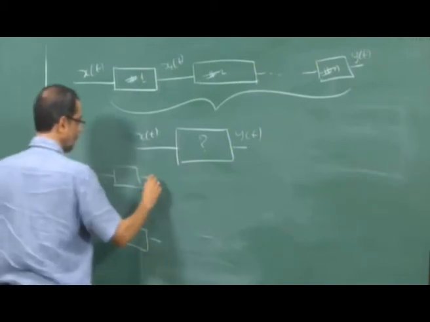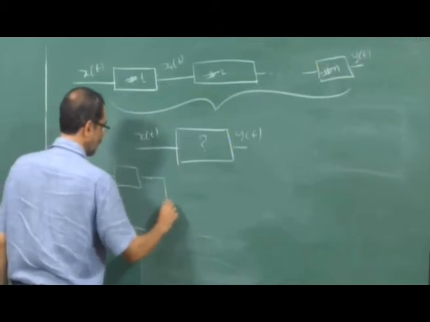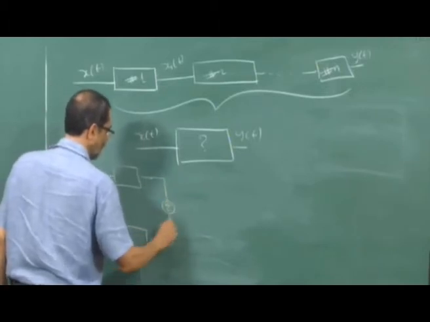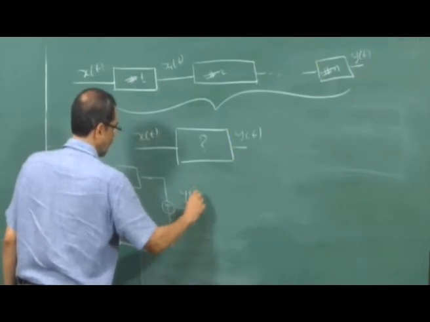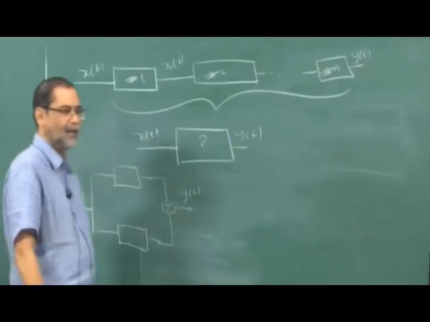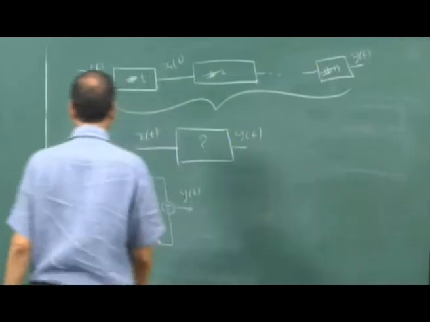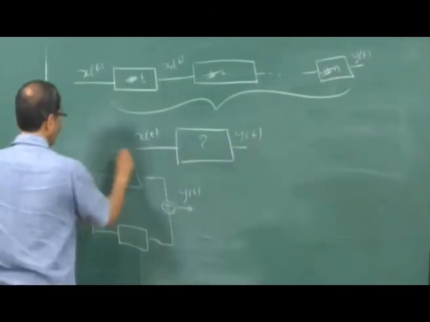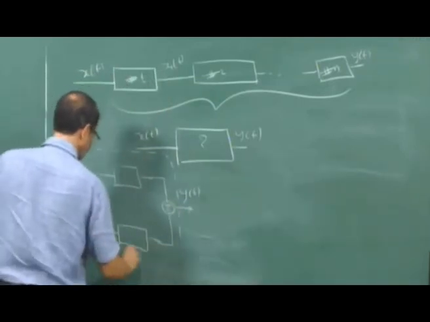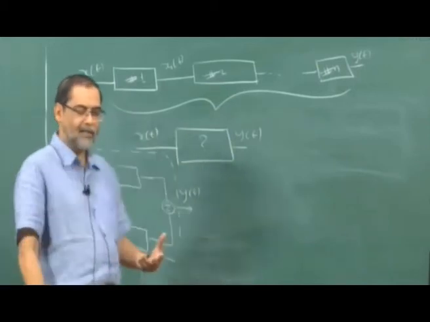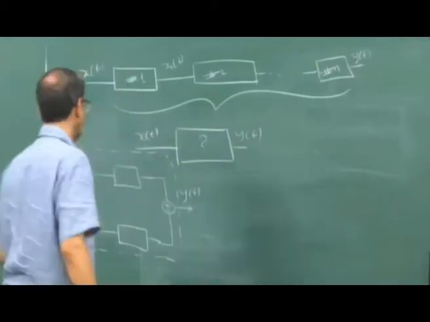Two systems, or more than two systems, and the output is added up. So is it possible to represent this entire thing by one system? What will be the nature of that? The answer is, if both are LTI systems,